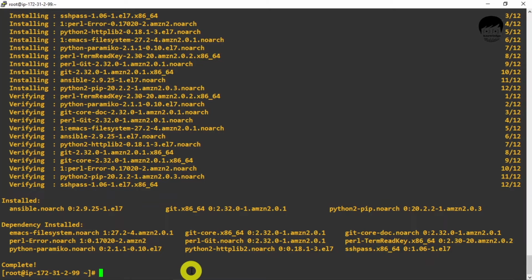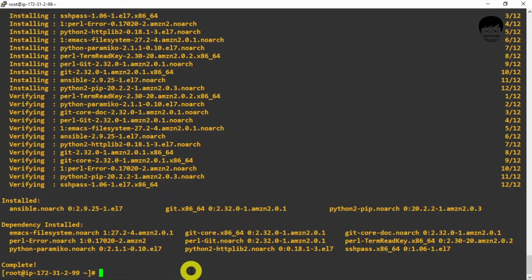But before that, we have to configure our Ansible. So how does Ansible know how many nodes or systems are in a group on which it has to perform some action? For that purpose, we have to configure our hosts file so that Ansible can read the host names from its hosts file.